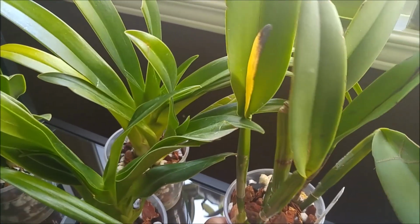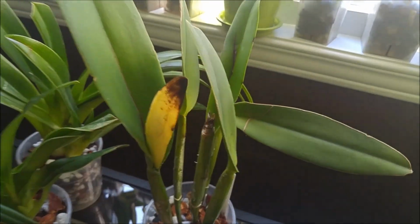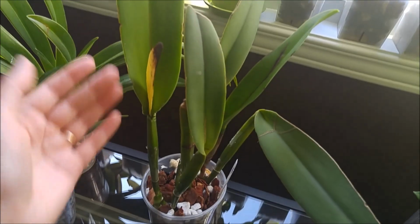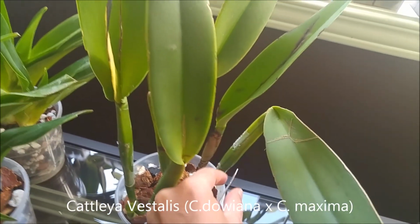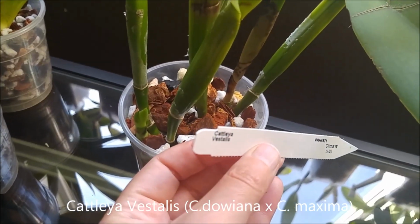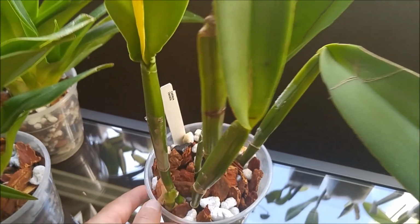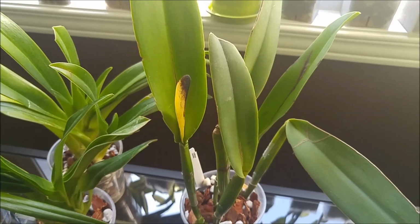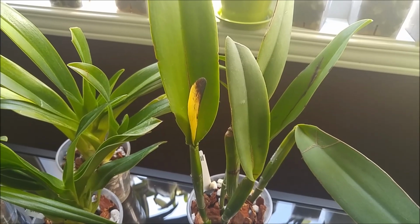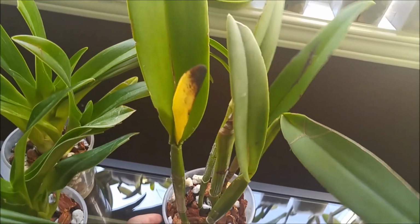Now, the next plant is not a phragmipedium. This is Cattleya, and it's huge. See, that's my hand. The leaf is much bigger than my hand. This is Cattleya Vestalis. That's the name, Vestalis. It's a primary cross between dowiana and maxima. So both of those species are kind of my favorite Cattleya types. Maxima and dowiana, they have awesome leaves, both of them. So I think the cross